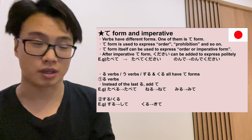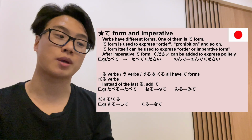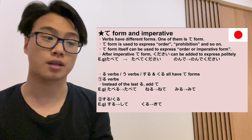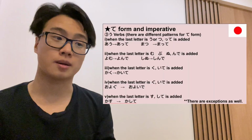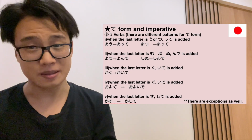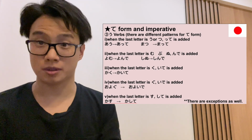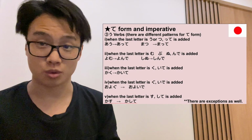Or we can also say 来てください, please come, right? So this is how to make te forms from ru verbs and suru and kuru. And as for u verbs, there are different patterns for te form. It's a little bit tricky, unfortunately, but there are principles to make up te form from